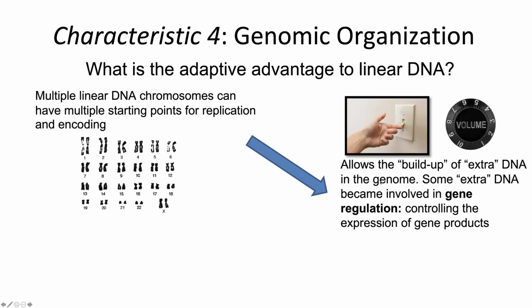And some of that extra DNA can become involved, or some was evolved that became involved in something called gene regulation. And all that gene regulation is the controlling of the expression of gene products. So you can think of gene regulation as sort of a light switch or a volume knob. So essentially there are these genes that can turn on and off other genes or regulate how much a gene